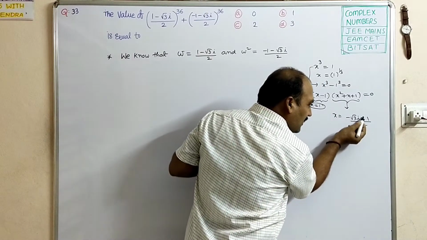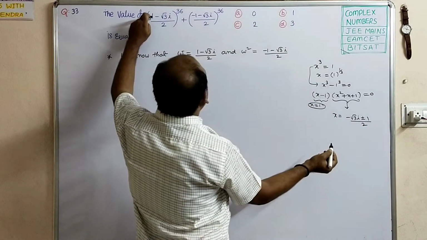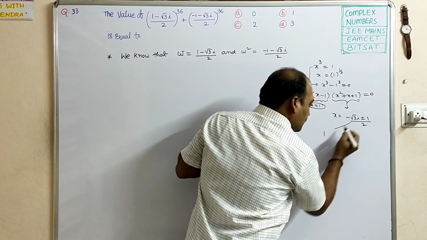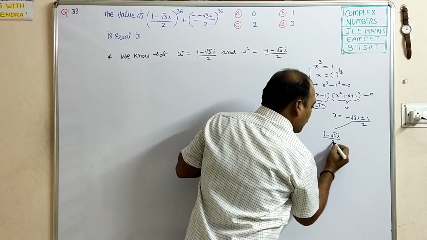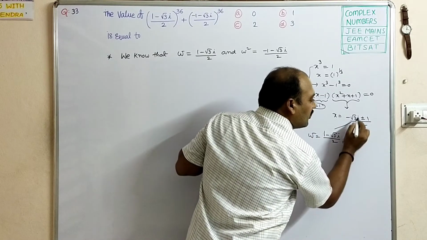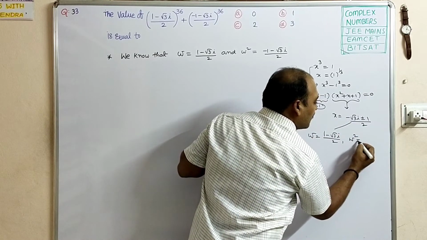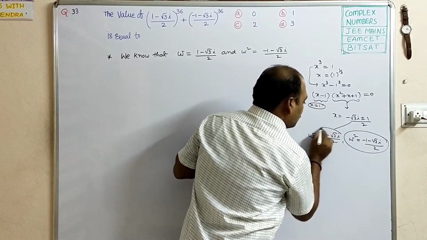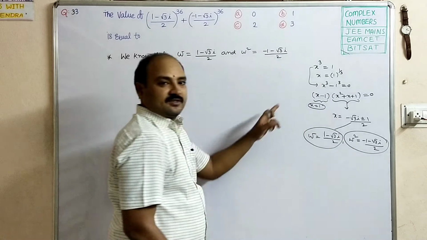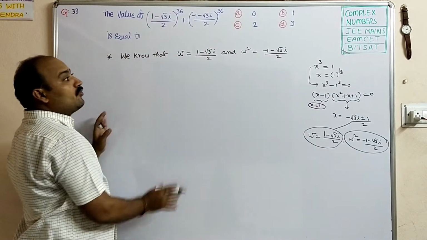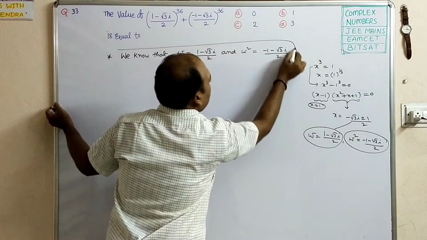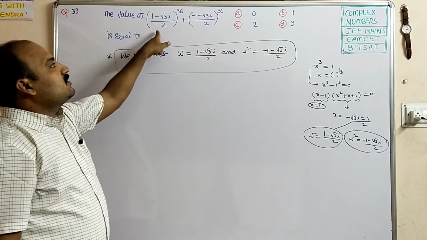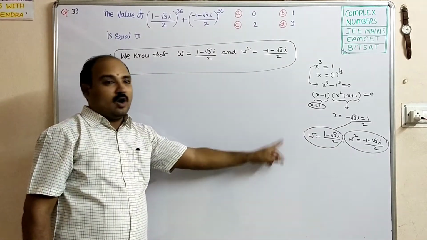So among this, if we consider plus, the omega value will come from here. 1 minus root 3i by 2 is the omega value. If we consider both minus, so omega square equal to minus 1 minus root 3i by 2. So this much information is there in this. So directly we are writing, if you remember, that is the reason I am writing, these are very important things. If you recognize these values are equal to omega and omega square, this is the procedure.